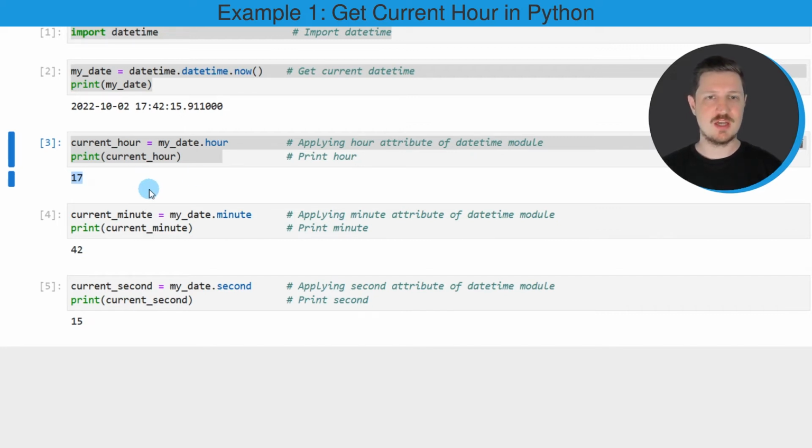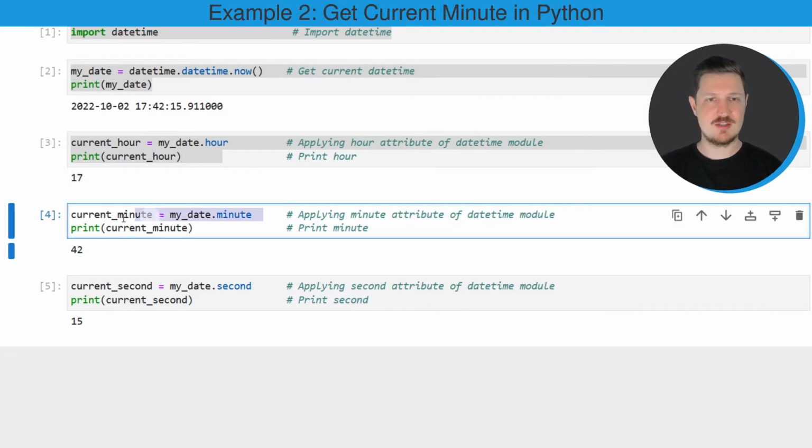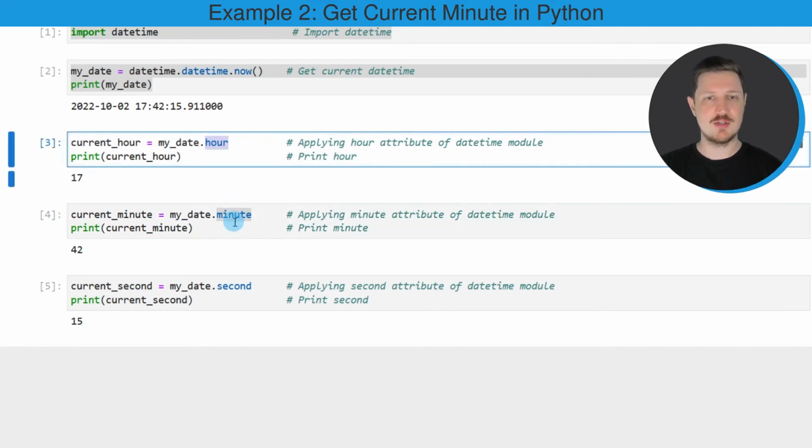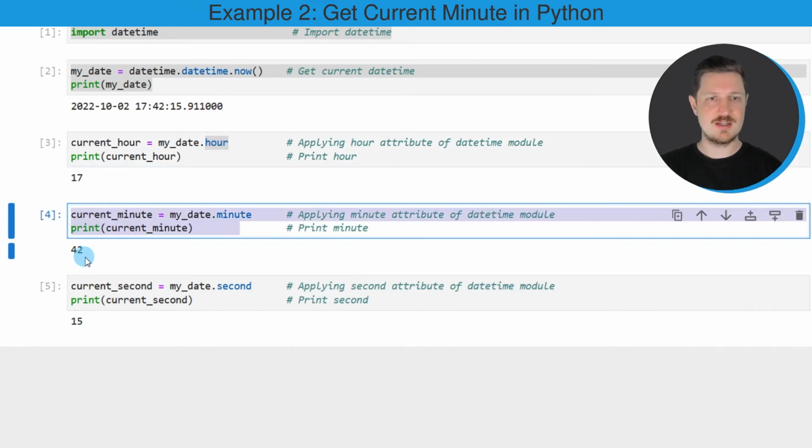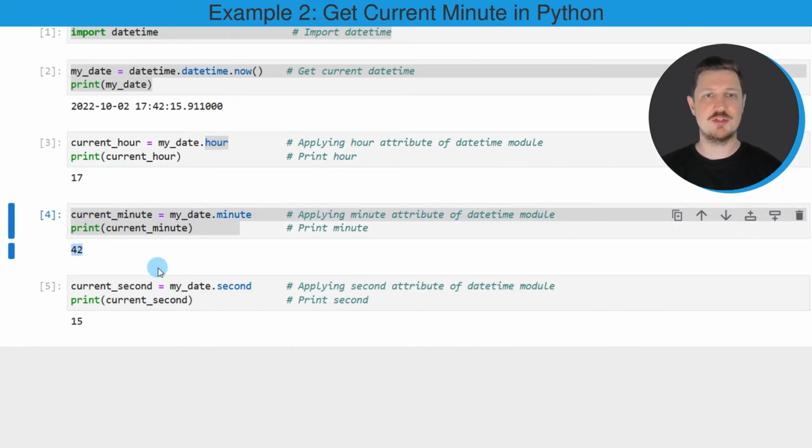Similar to that, we can also extract the minute from our datetime object, as you can see in the next line of code, using the minute attribute. So the only difference of this code compared to the previous code is that this time I'm using the minute attribute instead of the hour attribute. So after running these lines of code, the minute 42 is returned, which is the current time when I have